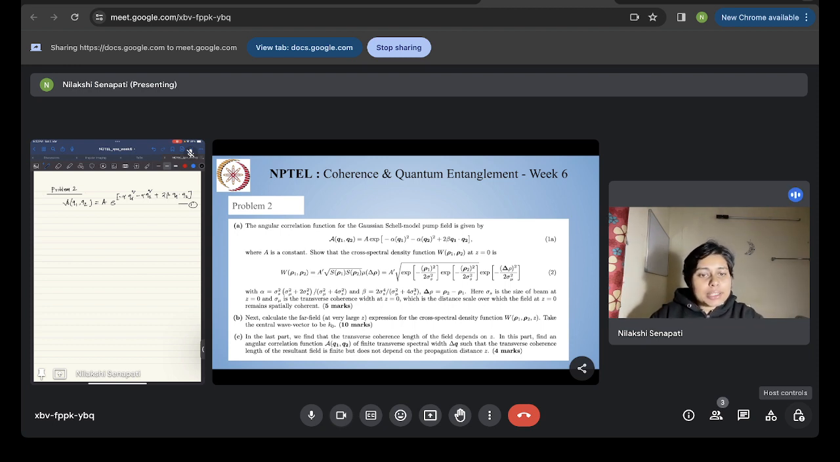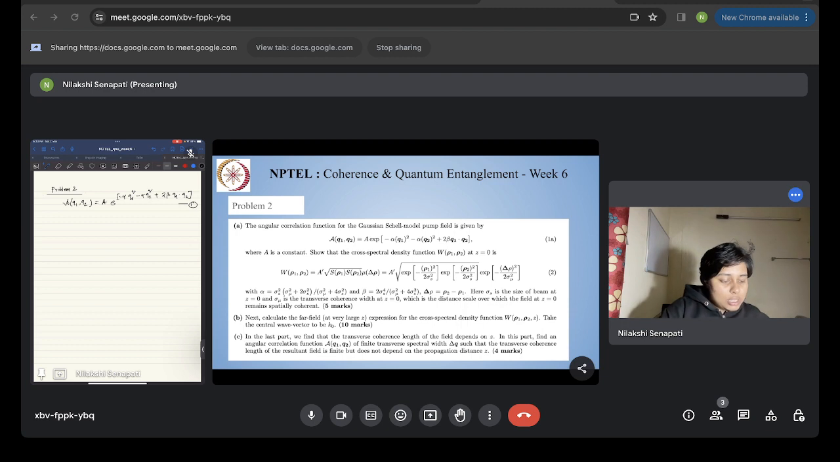Here sigma s is the size of the beam at z equal to 0. Sigma mu is the transverse coherence width at z equal to 0, which is the distance scale over which the field at z equal to 0 remains spatially coherent. So this we need to show, basically W. For that, I will start directly by writing the cross-spectral density at z equal to 0, which is